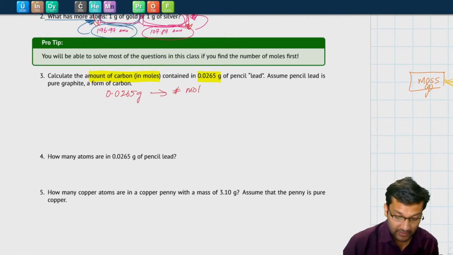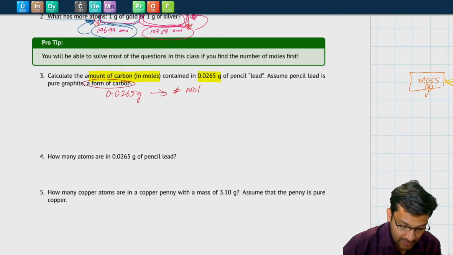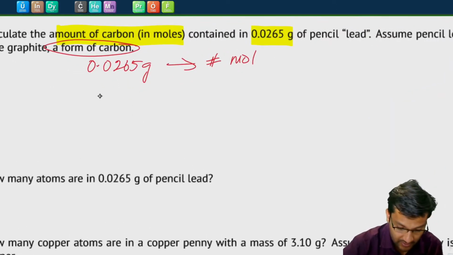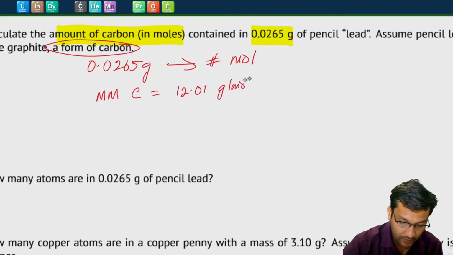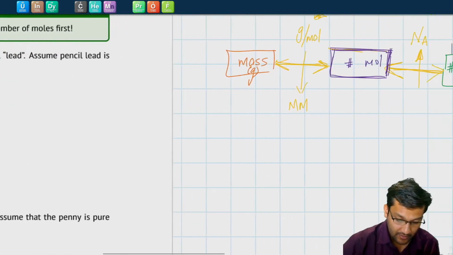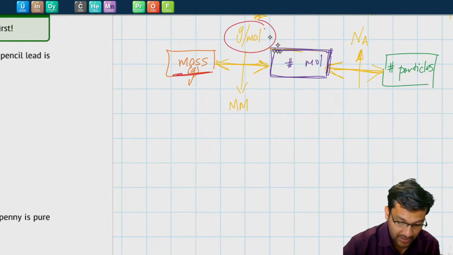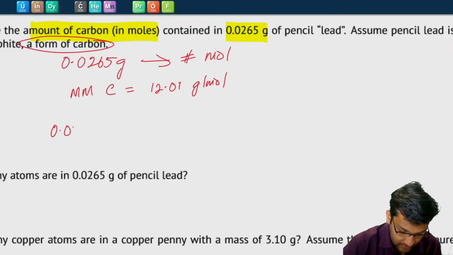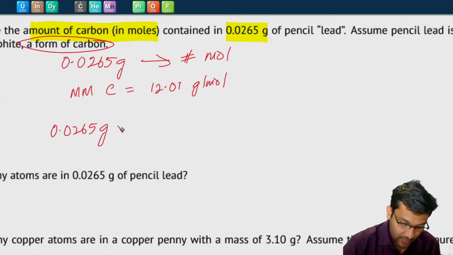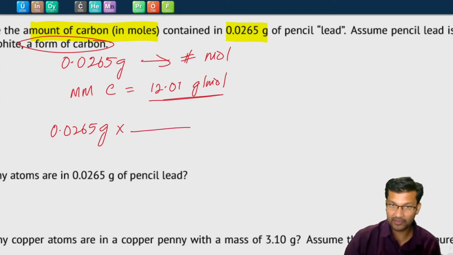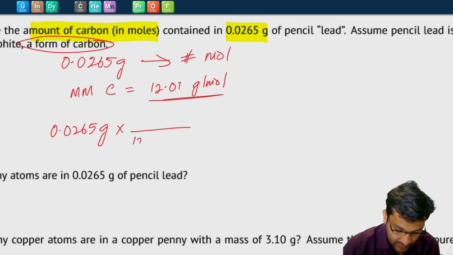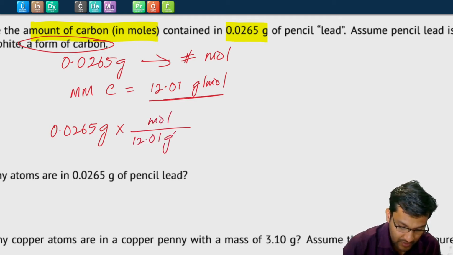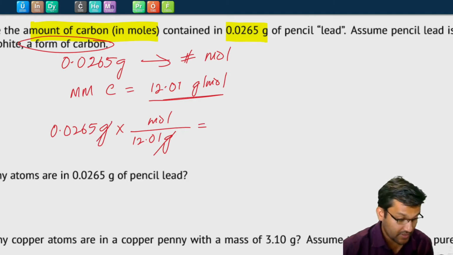We therefore need the molar mass. And since it's pure carbon, the molar mass will just be the same as the atomic mass of carbon. So the molar mass of carbon, which if you look up in your periodic table, you'll find is about 12.01 grams per mole. So we start with mass, and then we're going to use the molar mass to get number of moles in this calculation. So we start with mass, 0.0265 grams. We're going to use the molar mass, but we need to cancel out grams, so let's put the grams on the bottom, moles on top, grams cancel out, and if you plug those numbers in your calculator, you get something like